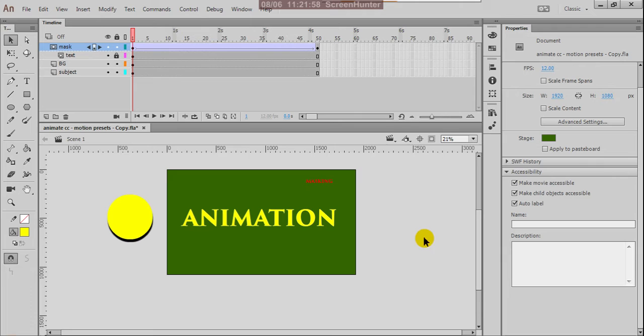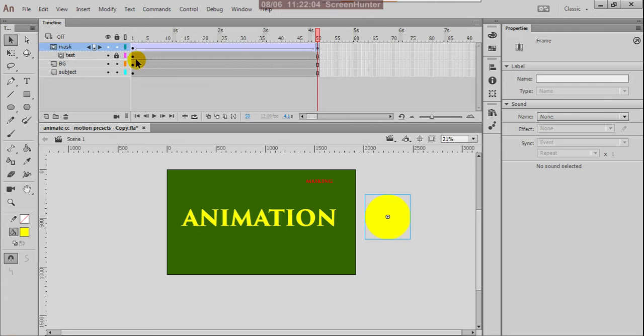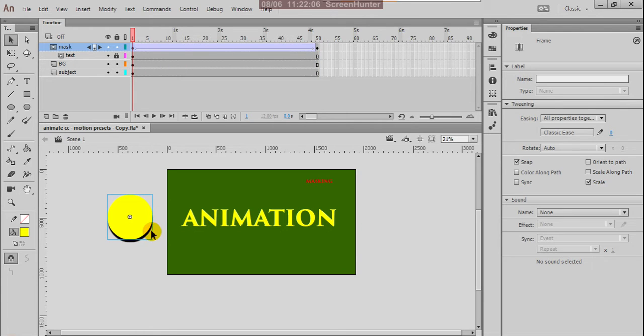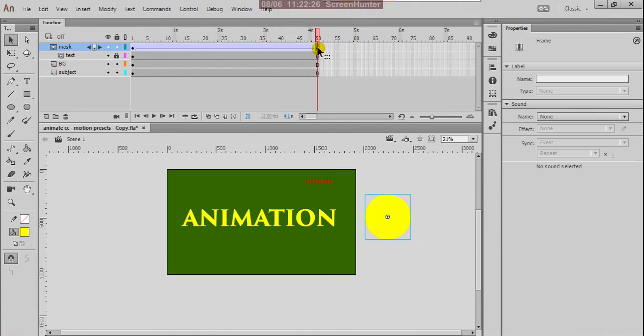Suppose I'm giving 80, and this is 30. The other side also I am giving.